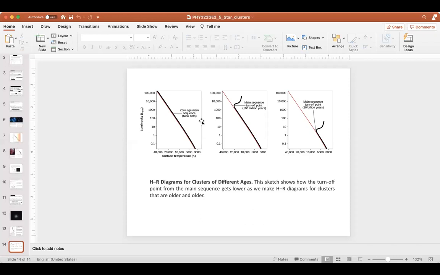And does anybody have any questions about this star clusters section or anything else? Right. So if not, let me just at least start